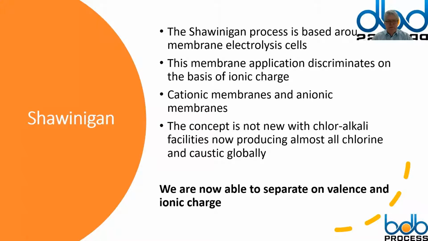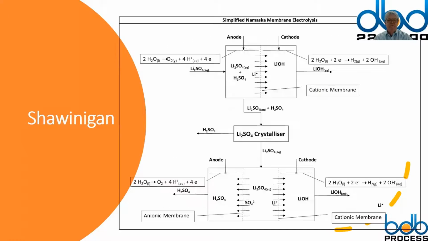Schwerningen report that their membrane system is very successful at doing that, and they're claiming very high purity lithium hydroxide as a consequence of the system they developed, which is patented. From the literature available, this slide's a bit busy, but they effectively go from a 2-compartment cell where they take lithium hydroxide out of a lithium sulfate feedstock and end up with a combined lithium sulfate, sulfuric acid stream. That stream then goes to a lithium sulfate crystallizer, and the weak acid generated goes back to leach, in fact, and the lithium sulfate is resolubilized and goes